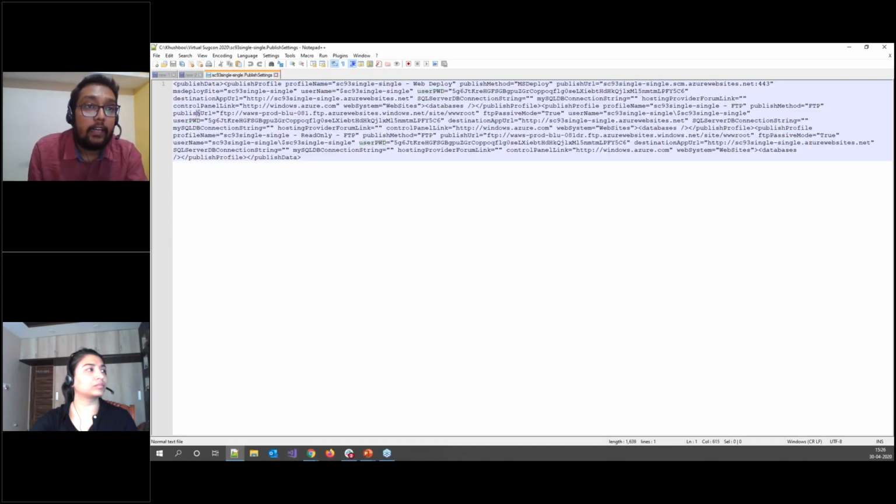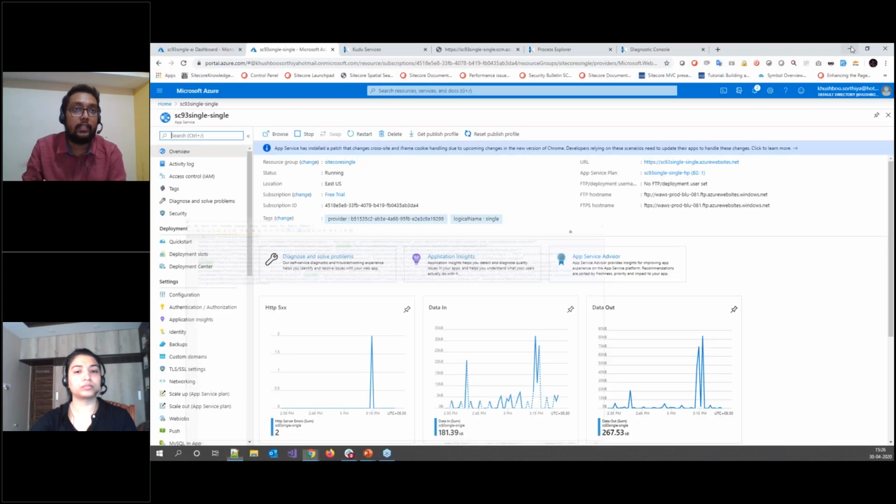Like you can see, there is a section where the profile name is our web application -ftp, and in that we have a publish URL, the username and this password. When we connect these 3 using FileZilla, it provides us the directory of our web application, and we can download it and further analyze it.